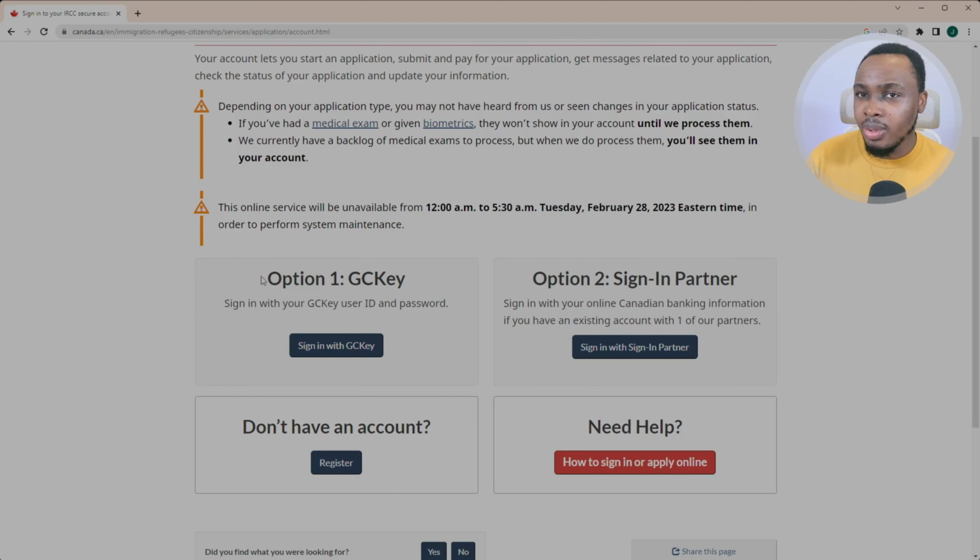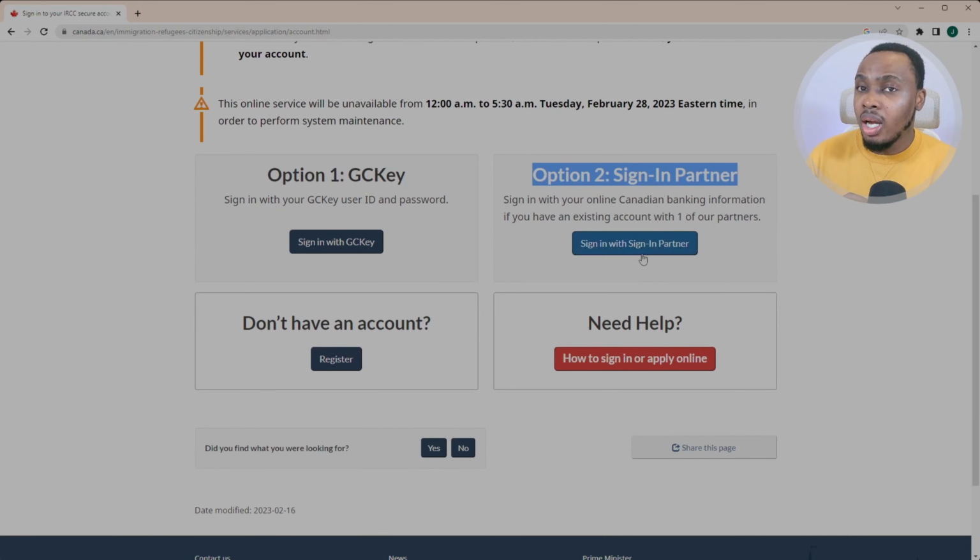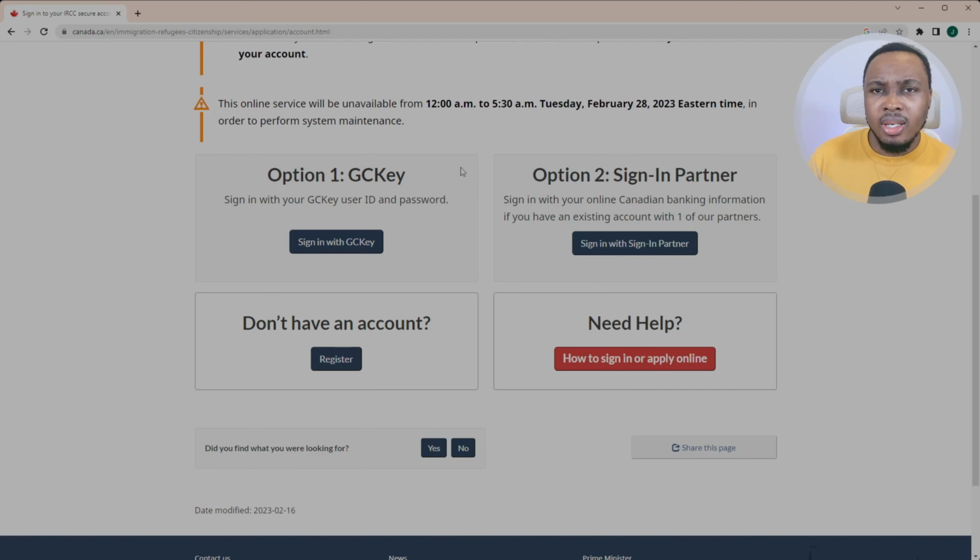You see the first option is GCKey sign in, and option 2 says sign in partner. So this basically allows you to sign in with the banks in Canada, or the sign-in partners that the government has, mostly banks. Yeah, banks actually. So we're going to go with the GCKey, because right now,